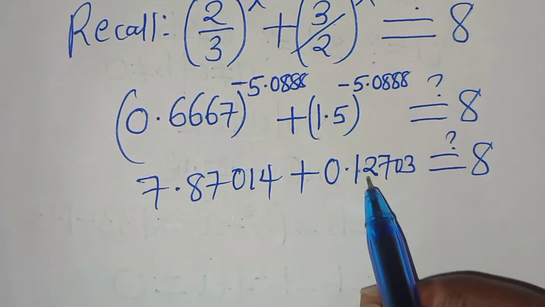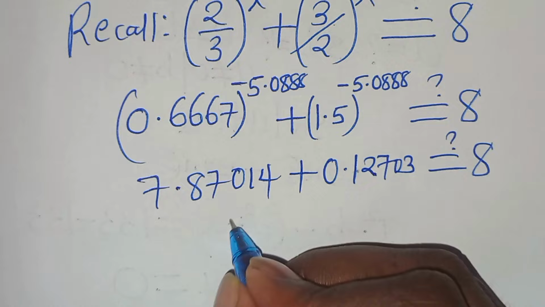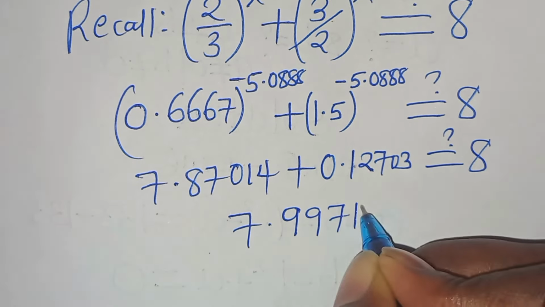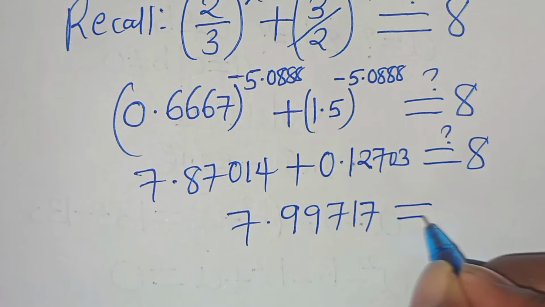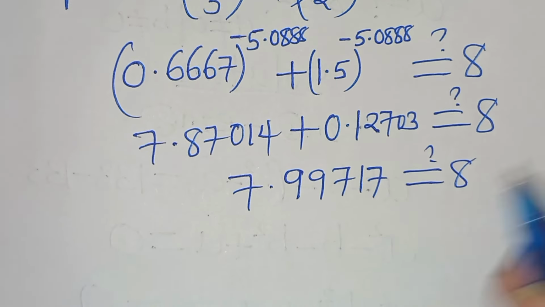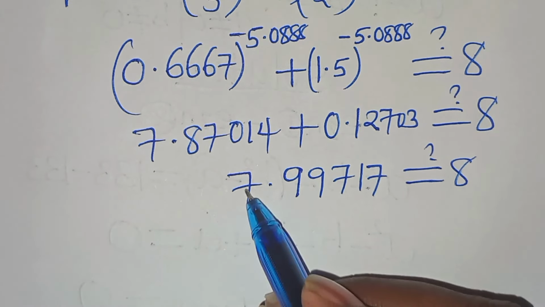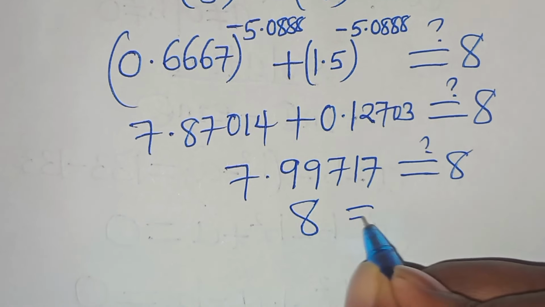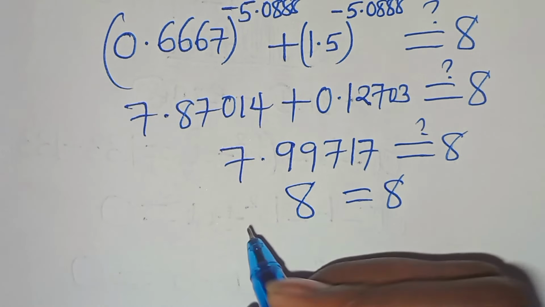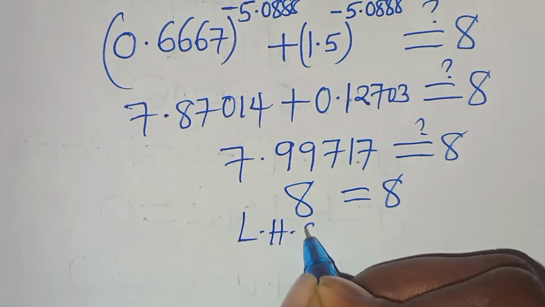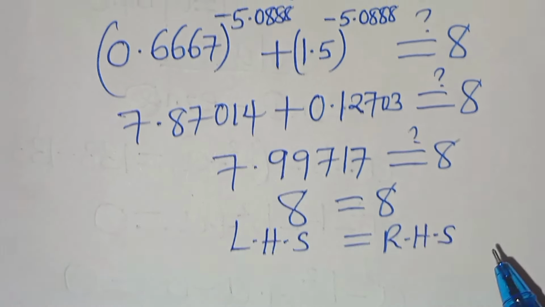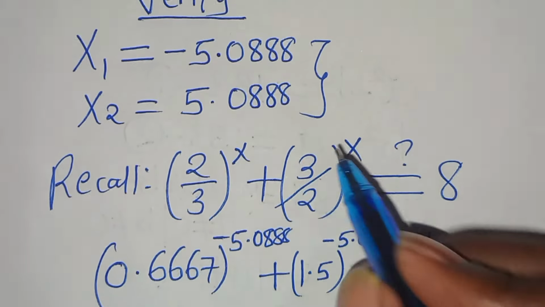If we sum these two, we have 7.99717. If we round off, we have that 8 is equal to 8. This implies that the left hand side is equal to the right hand side, and this proves that x1